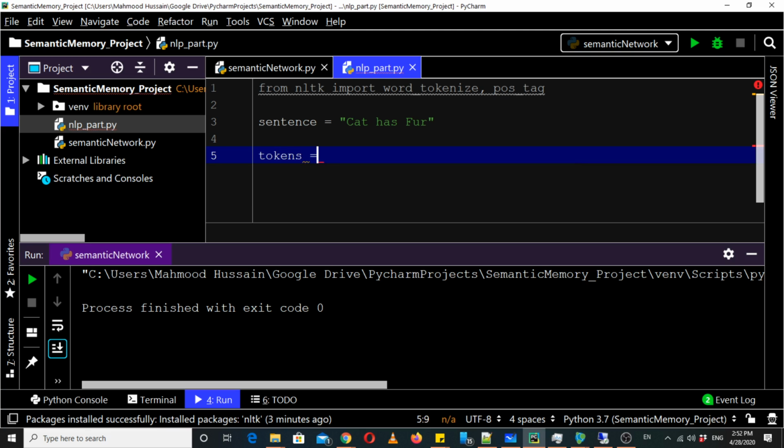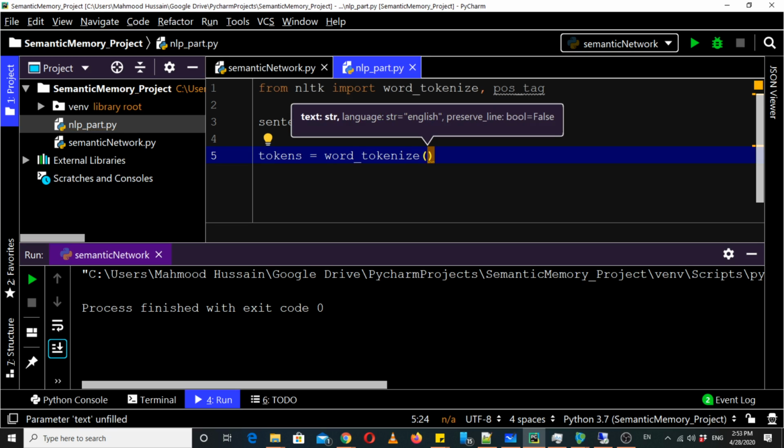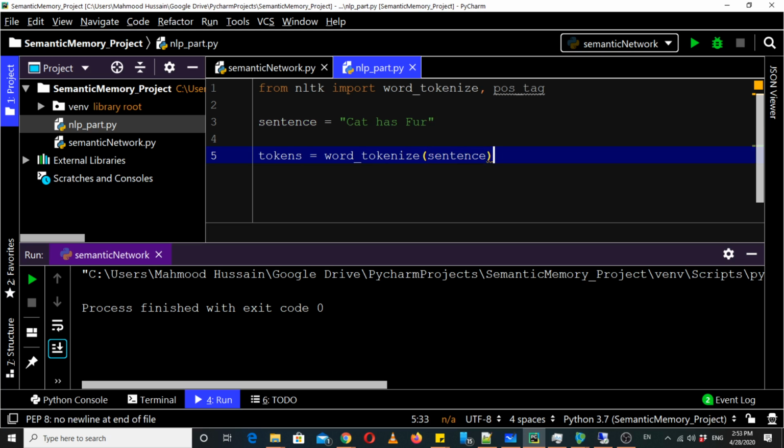Make a variable tokens. It would contain a list of words, so we'll call the word tokenize method and pass this sentence. Word tokenize takes a string, a sentence, as an input, and returns a list of words.